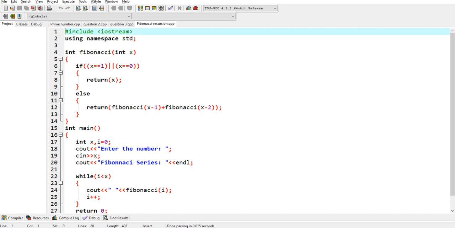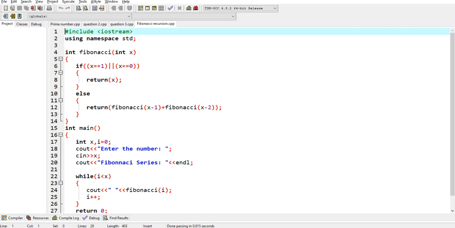In this, int Fibonacci, inside that int x, because the addition of the first two numbers will be the third, and the addition of the second two numbers will be the fourth. After that, the addition of these two will be the fifth, and it will go on.